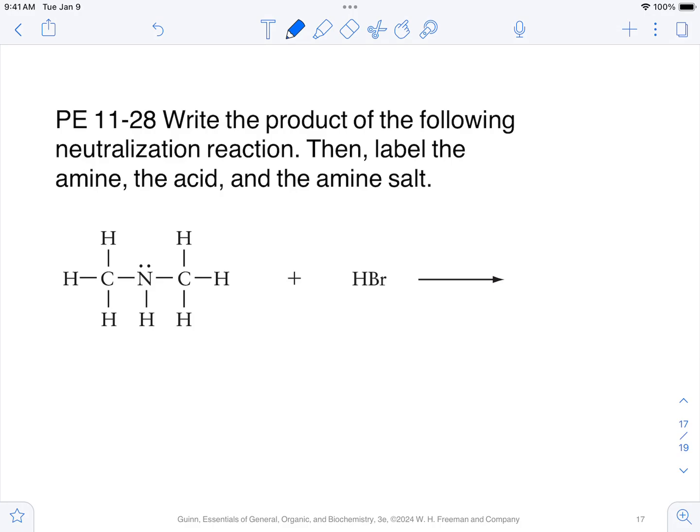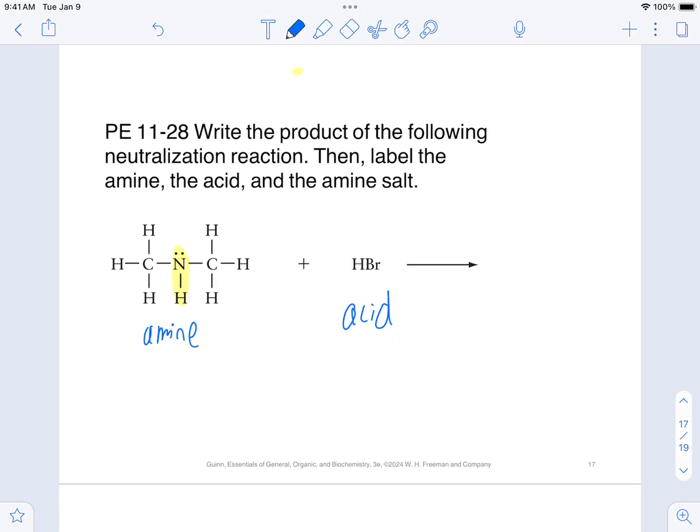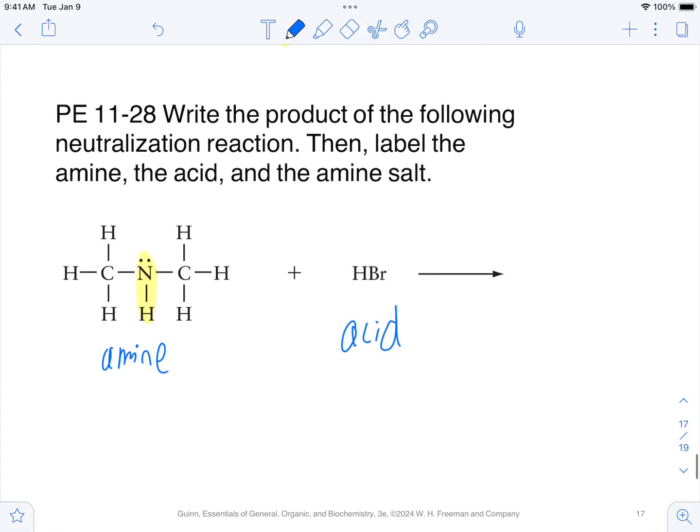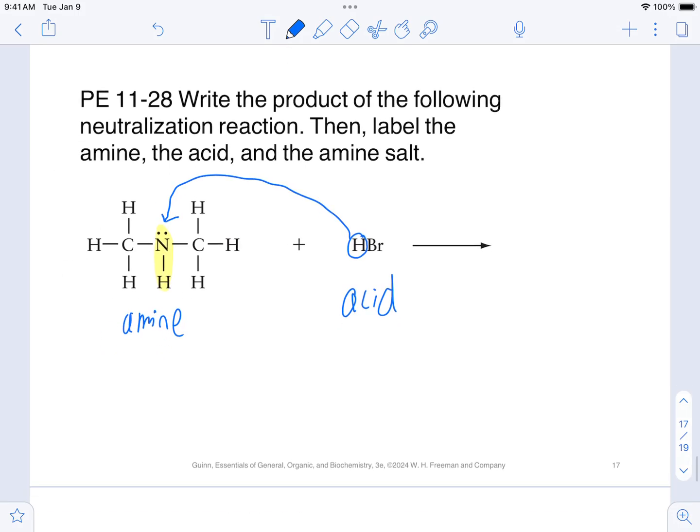So this says, write the product of the following neutralization reaction. Then label the amine, the acid, and the amine salt. So if I'm looking for my NH group, which is right here, I know right away that this is my amine. And hydrobromic acid, HBr, that's my acid. So what's going to happen here? This H is going to protonate right here. And that is going to become